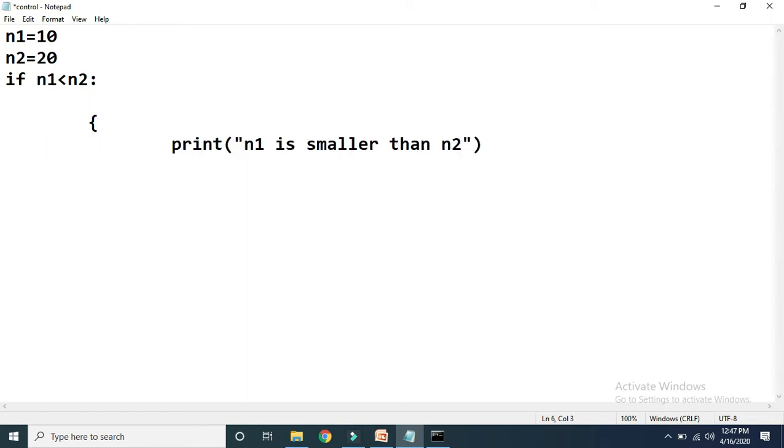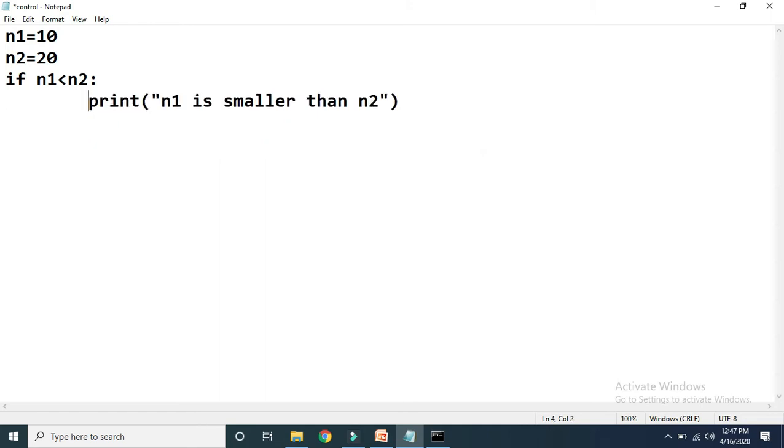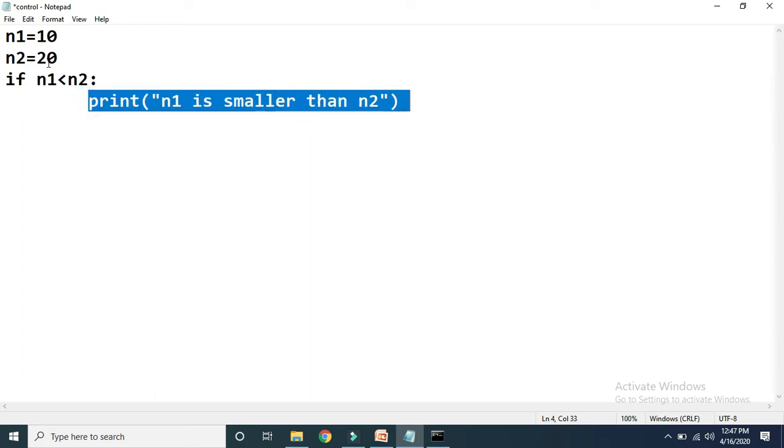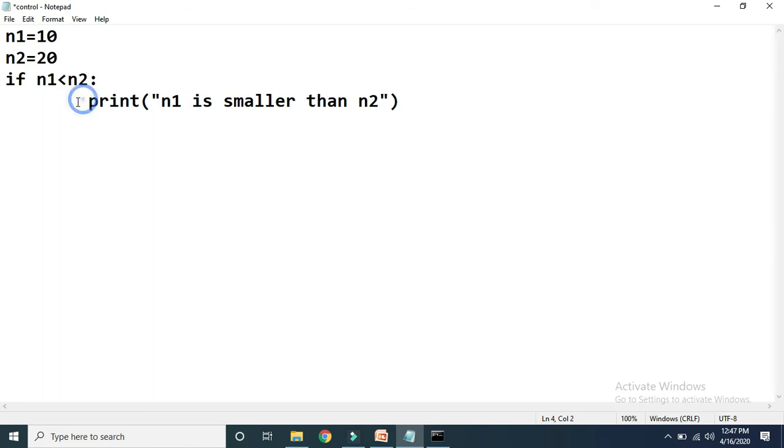But in Python there is no need to use curly brackets. So how does the Python interpreter come to know that this statement is to be written within the body of if? The Python interpreter will understand this from this particular space.